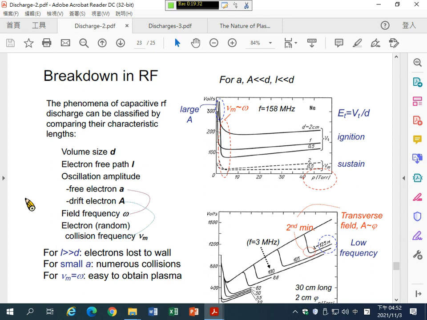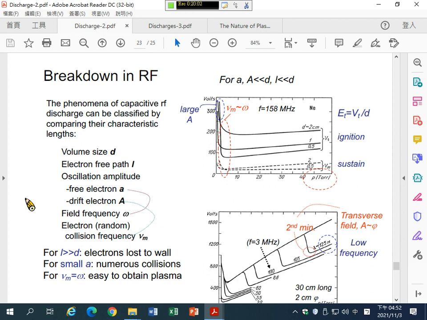The frequency will cause a change in the amplitude of the free electron, because the electron will travel back and forth, following the change of the electrical field from the RF system. So this amplitude here is the free electron oscillation amplitude. And the other one is